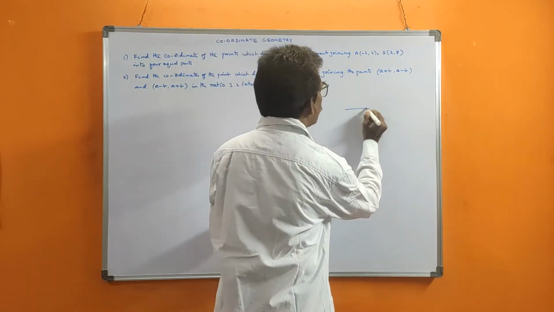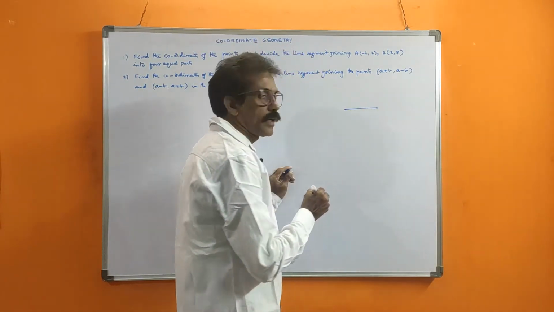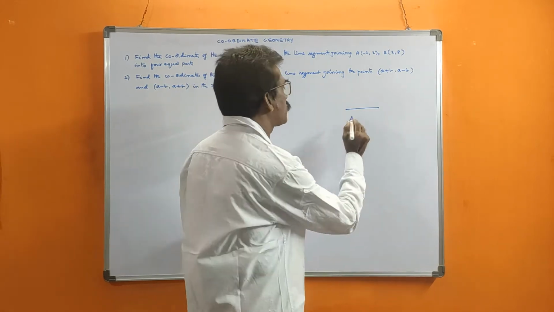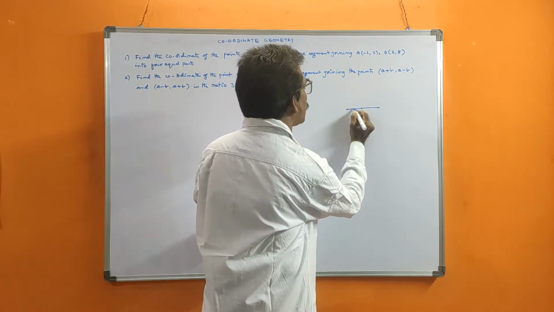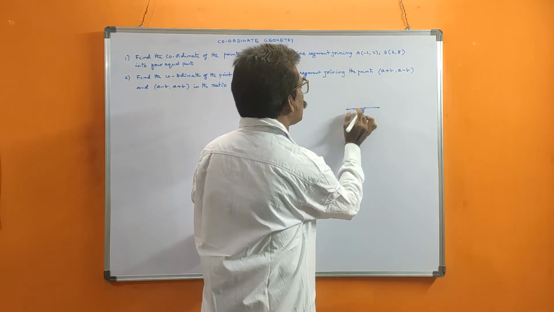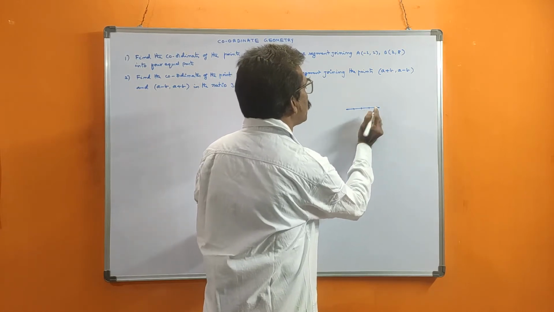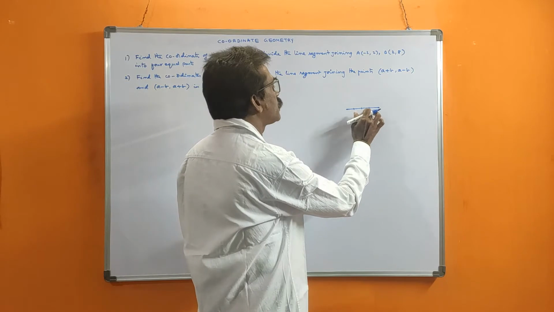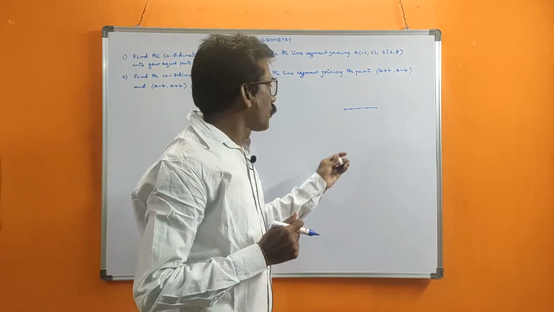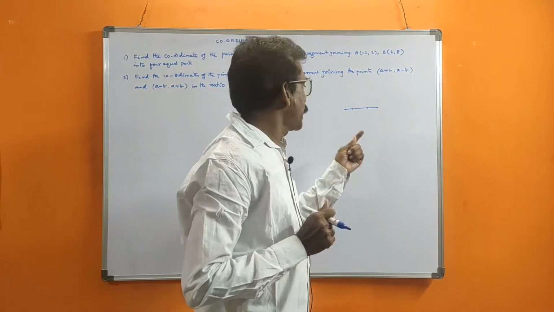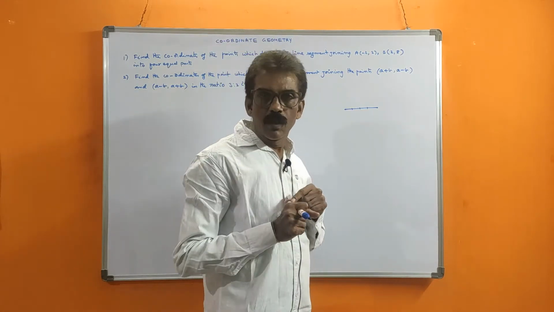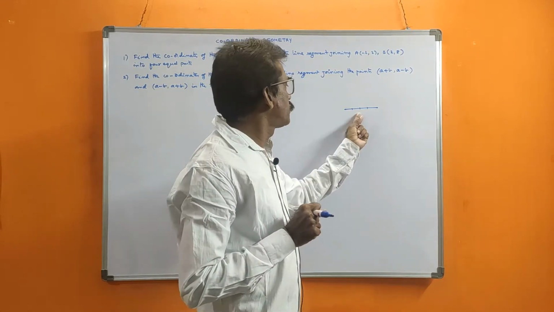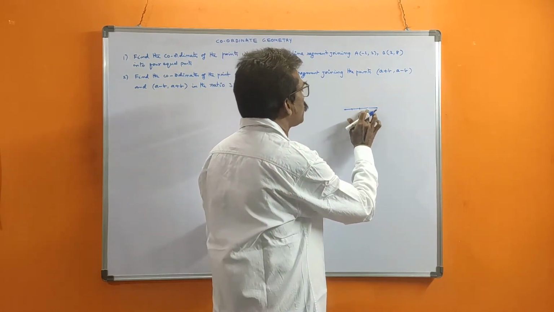Suppose any line joining is there, how can you make it into 4 equal parts? First you take the center point to make 2 equal parts, this you make the midpoint, and you take the midpoint again. That means 1, 2, 3, 4 equal parts. How many points do we need to make 4 equal parts? Three. Suppose these are P1, P2, P3.